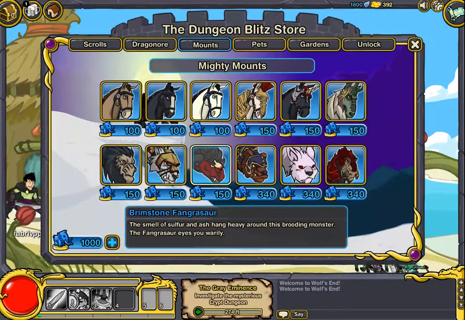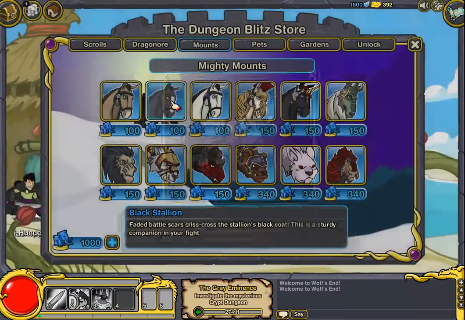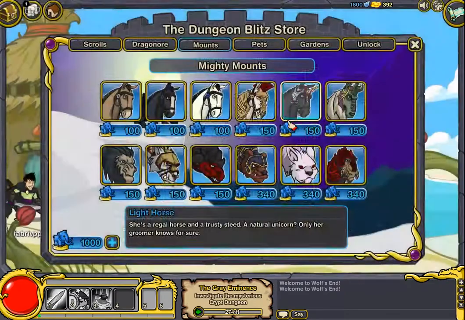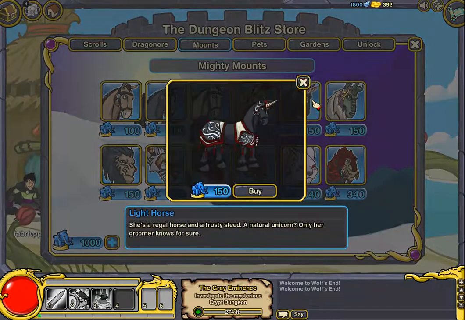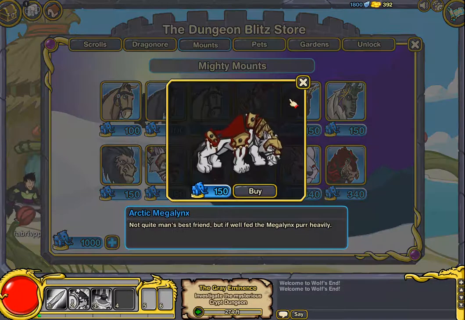I don't know if they'll have a difference in speed, but I assume it's just about looks, because if you look at this one, you know, that's really basic. As the price gets more expensive, you'll get like epic armors and stuff. So I assume that is just a visual thing. So I'm gonna go with...